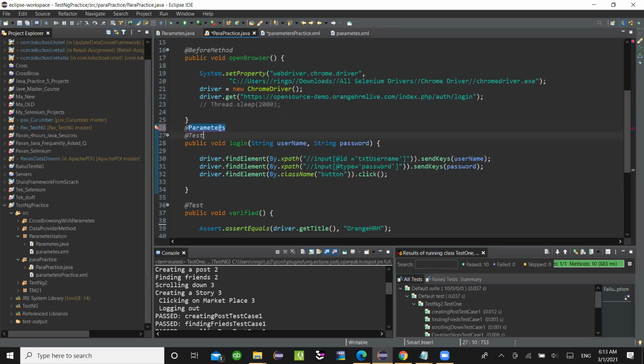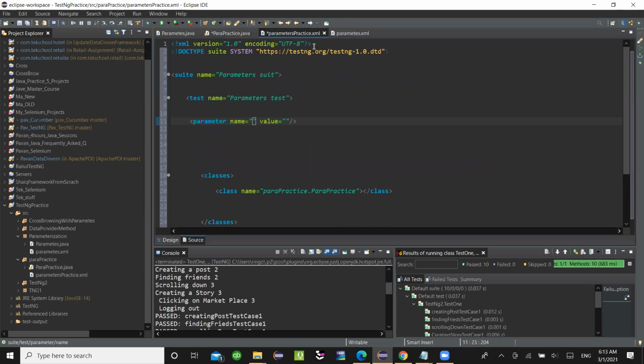Then I use the parameters annotation. Then I import it. So this is parameter. Okay, because I need parameters for this method, for the method which is here. So I put annotation parameter here. Good. Now in my XML file,